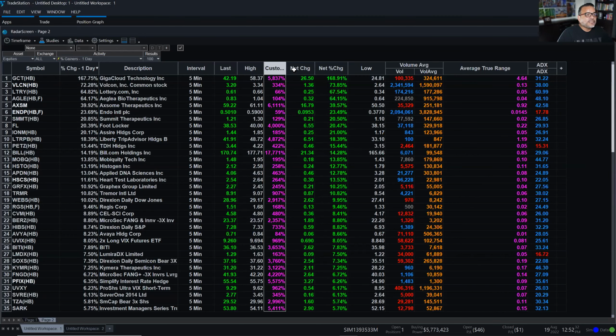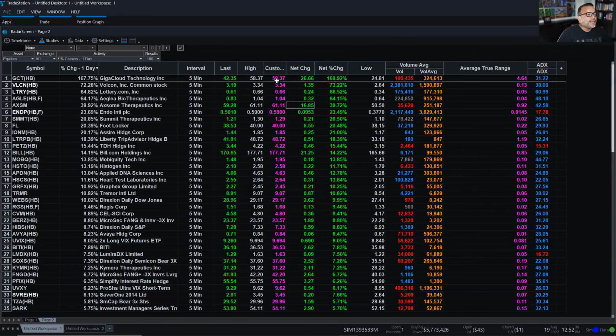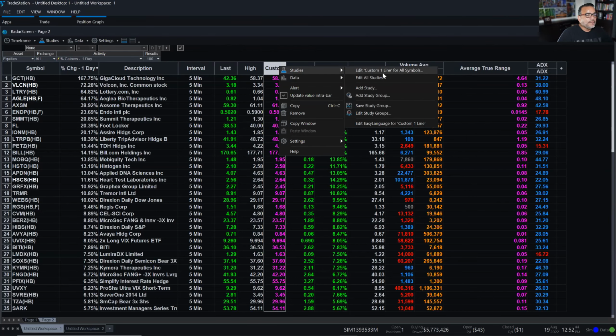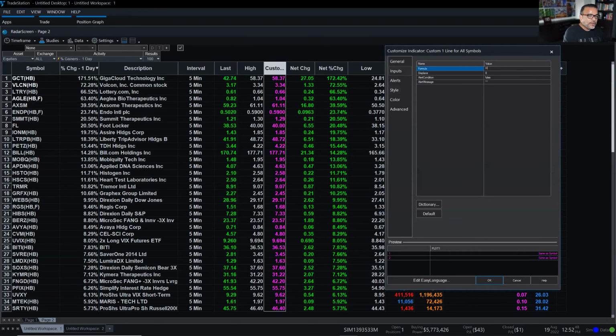And let's change the style to semi-symbol. So high D, we can see that it matches the high. Okay, let's do that one more time. We're going to do inputs, and we're going to do the high D 0 minus the close. And then we're going to divide that